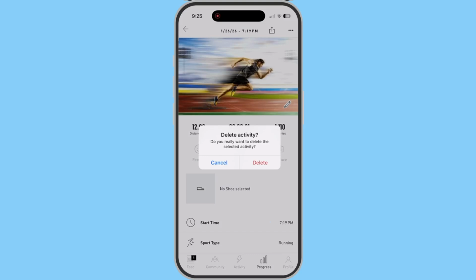Open the app, go to Progress, choose the activity from Recent Activities, open the top right menu, delete, and confirm. A quick tip before we wrap up: if the workout is part of a challenge or contributes to weekly goals, deleting it will adjust those totals. Always review the details first to be sure you're